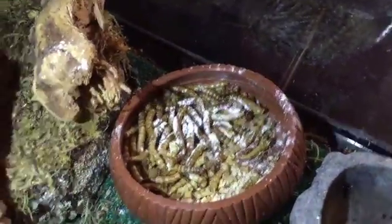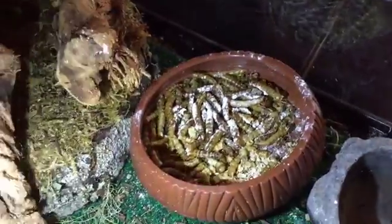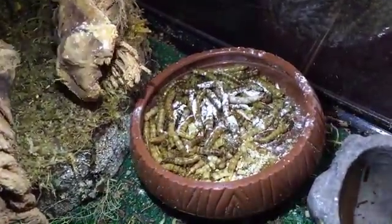Very, very cheap, very, very easy. It works great for it. You can put live ones in here too, but I take the dried ones and I just put a little calcium powder over it. Since the geckos, what they do like to do is they like to lick calcium powder, so it's very, very good for them,